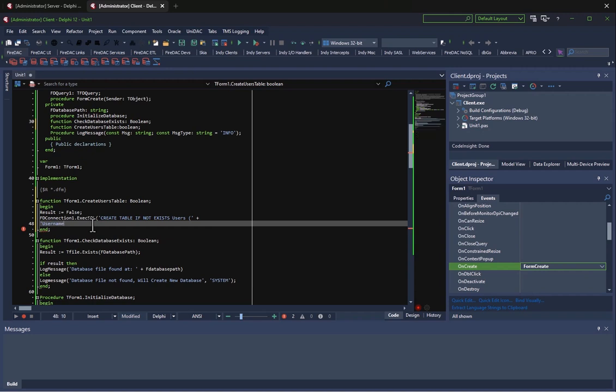Username, text, primary key, comma, end, plus. Now we're looking for the password. Text, not null. It can't be null because we don't want the user not typing in a password. They have to type a password. They have to have it. And then we're going to do plus